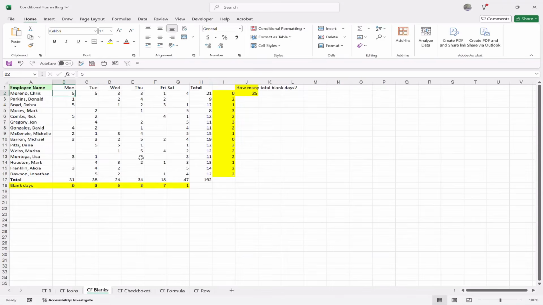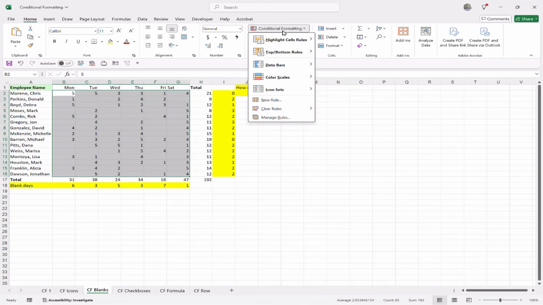Let's go ahead and take a look at another one. Let's go ahead and do a quick one on blanks within conditional formatting. I'm just going to go ahead and highlight all my data here, and my goal is to really just show the blanks. That's going to be very important for me to make sure I don't miss any blank data sets or any cells. So let's go ahead and go to conditional formatting, and this time you'll note that there is